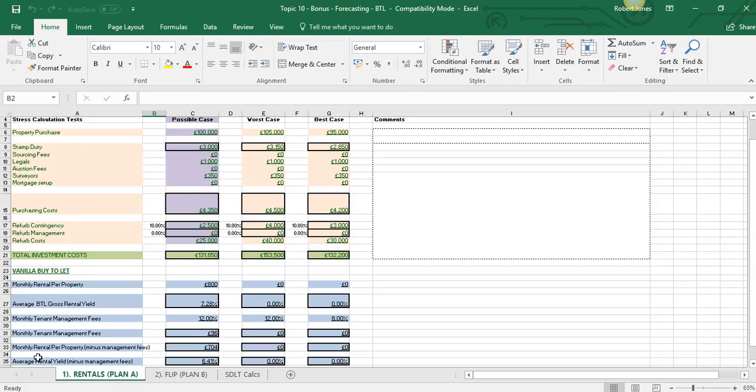Hello everyone, so in today's video we're going to be looking at how we forecast buy-to-let properties. Now there's different forecast sheets for different strategies that we use internally within our own business, and today I just want to show you really the sheet that we use specifically for buy-to-let and how you can use this when